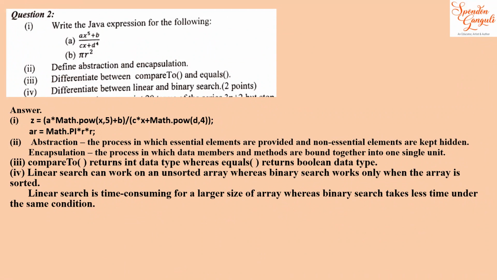Linear and binary search, the differences. Linear search works on both sorted as well as unsorted arrays, whereas binary search works only on sorted arrays. Another difference, linear search is time consuming for a larger size of array, whereas binary search takes less time under the same condition. Proceeding further,